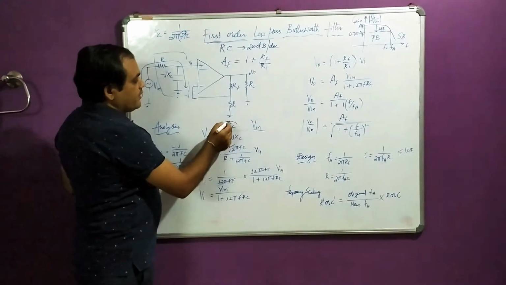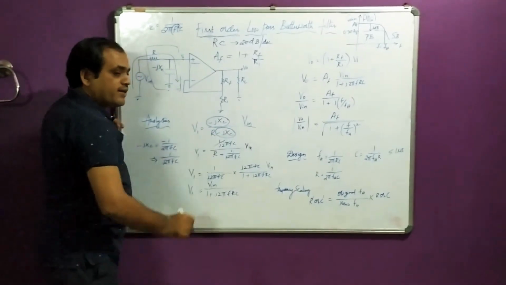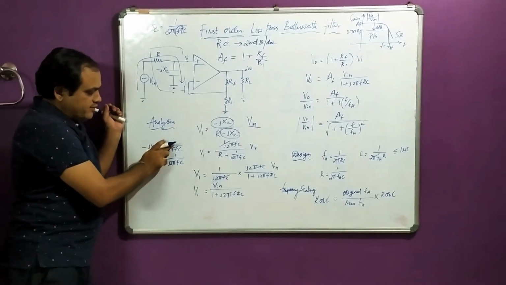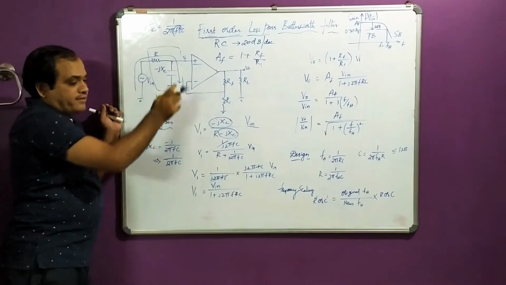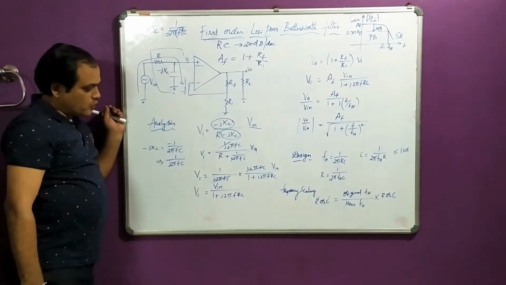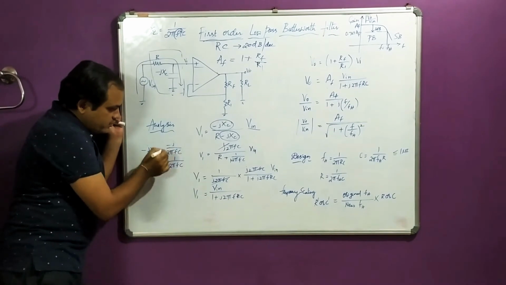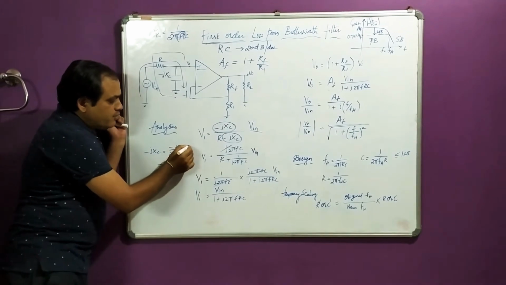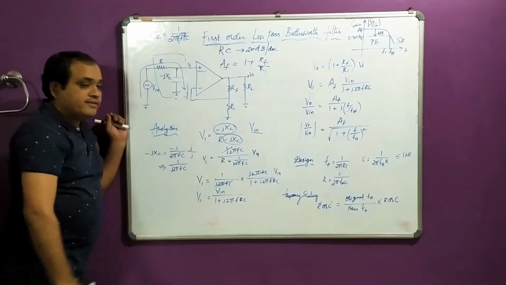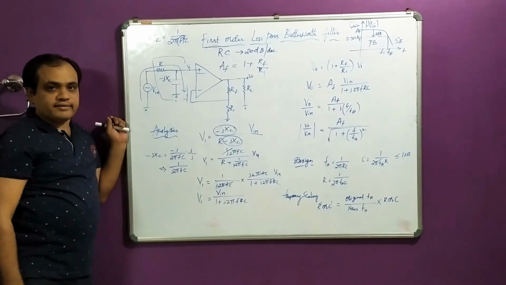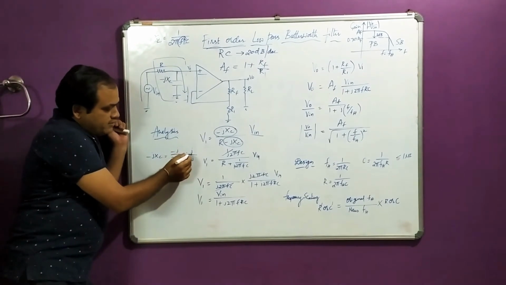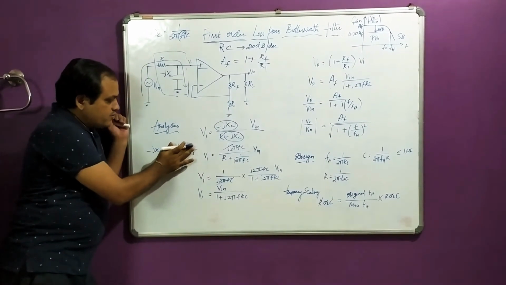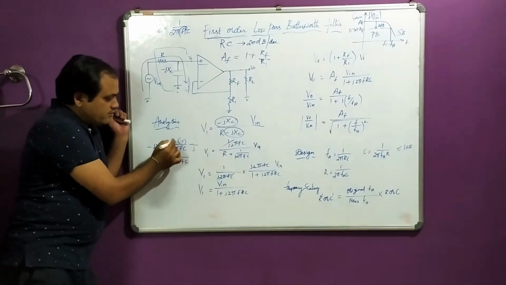Now I am going to make a small arrangement to remove this minus jXC. Let us observe minus jXC is written as minus j times XC, and XC is nothing but 1 by 2 pi f C. This minus j by 2 pi f C is going to become 1 by j 2 pi f C. How? I multiply and divide by j. If I cancel these two, I get the same original quantity. Instead, now j into j is j square, and the complex value j square is nothing but minus 1. So the numerator becomes minus of minus 1, nothing but plus 1.